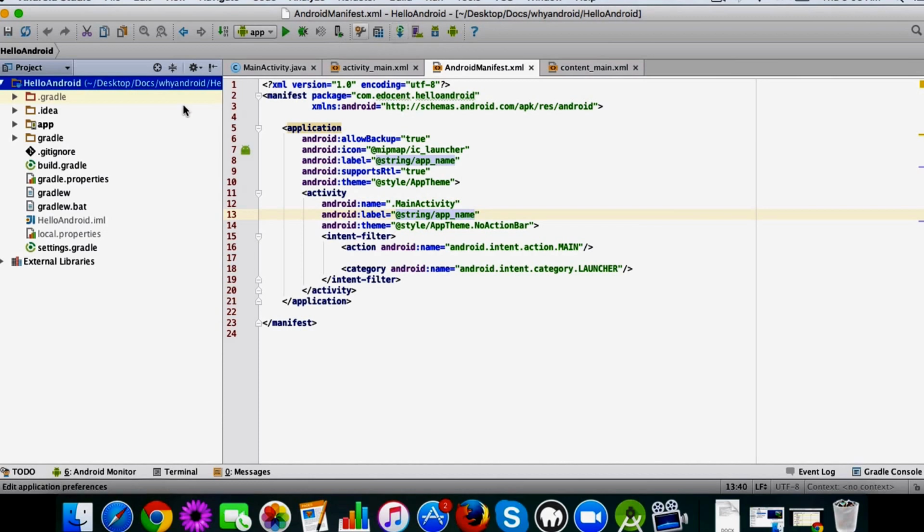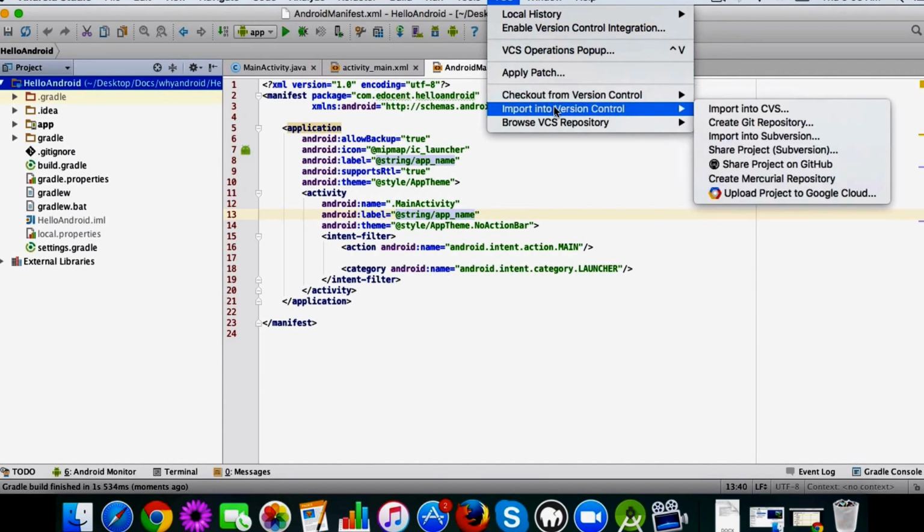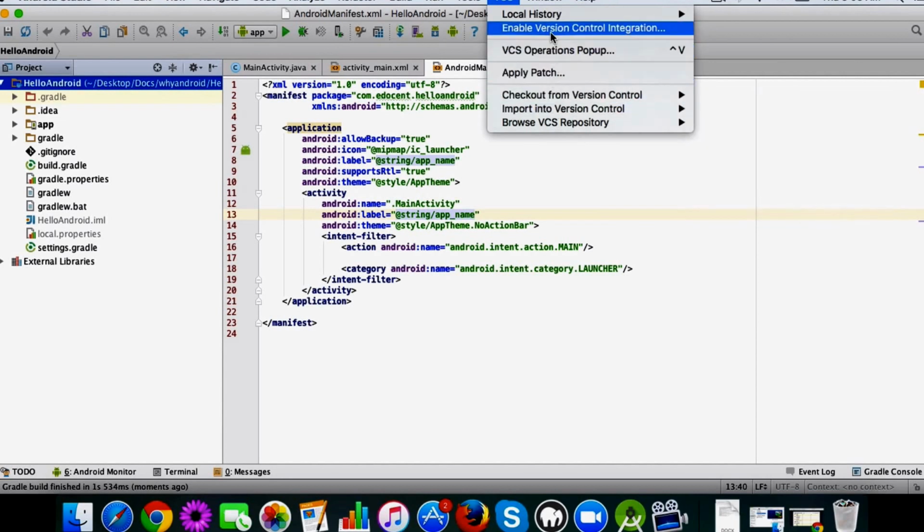Now after this step, we'll go to the VCS option here, and you'll see this option, import into version control. Before this, do enable version control integration.